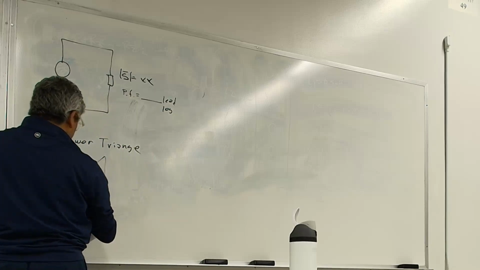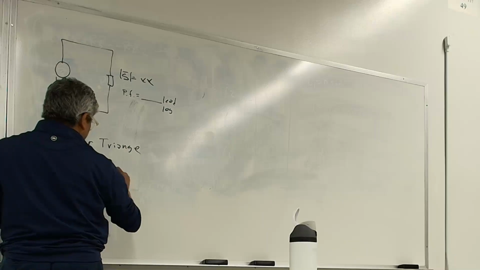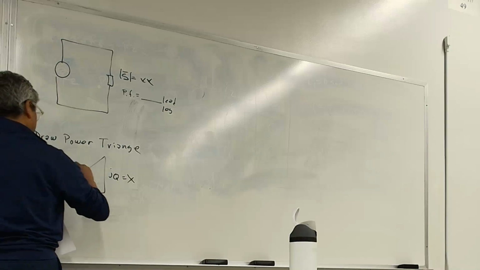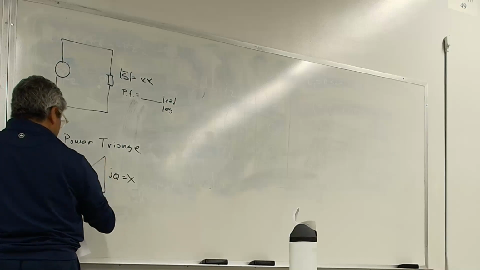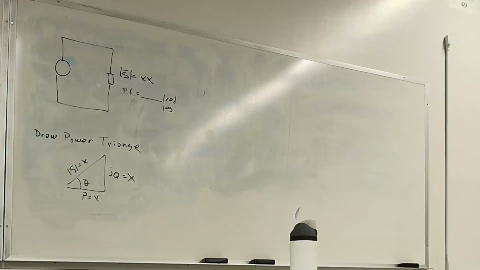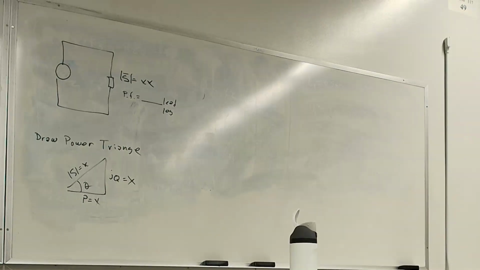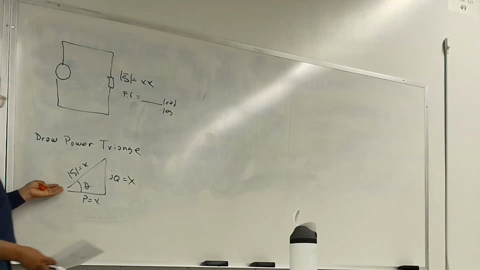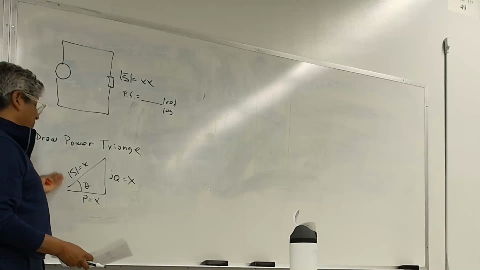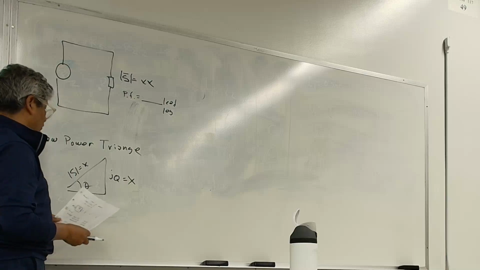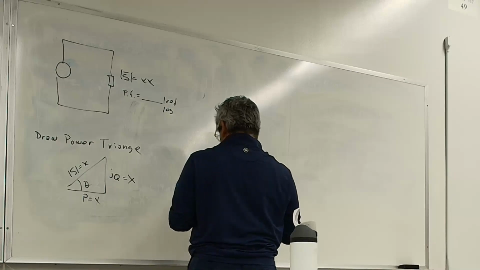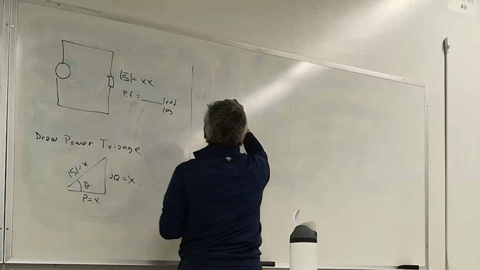Remember, P is the real part, some value X, jQ is some value X, and then the S magnitude, some value X, and then some angle theta. And remember, don't forget that this theta is the angle between the voltage and the current. So if you're able to find the apparent power in polar form, the angle of that apparent power is the phase angle, or the angle between voltage and current. If you take the cosine of that, that's your power factor. In addition to that, if you're given something like this,